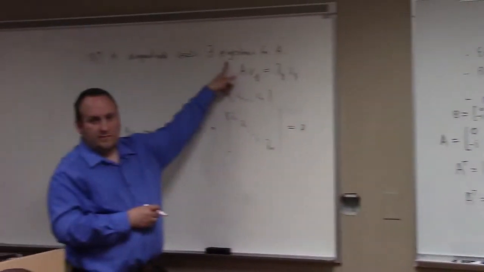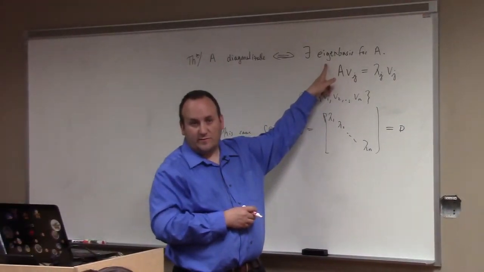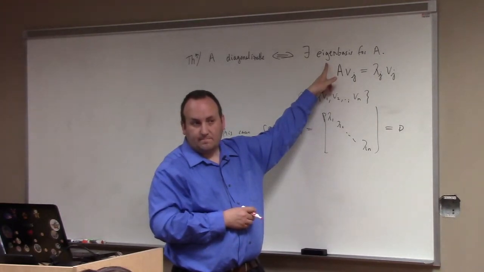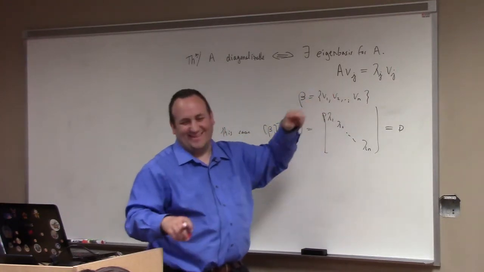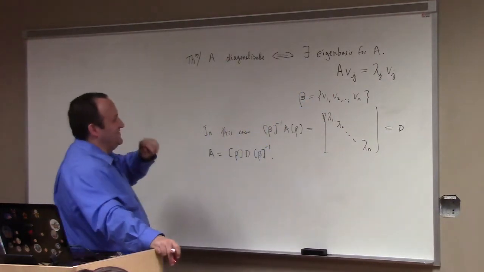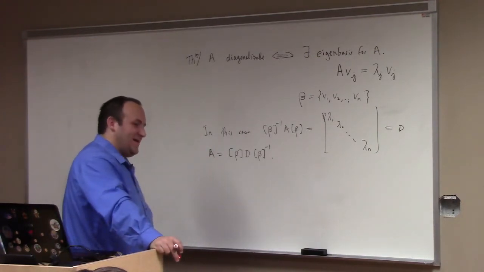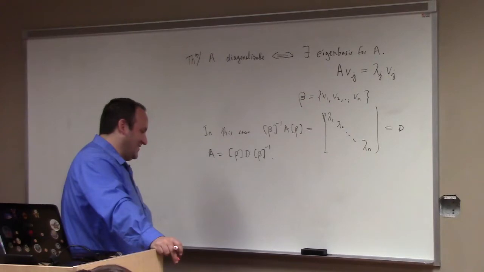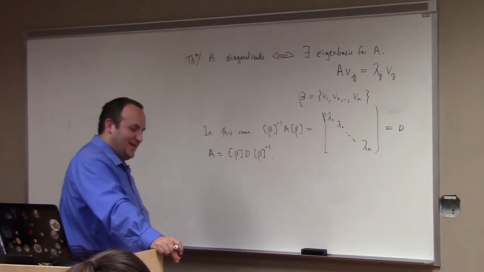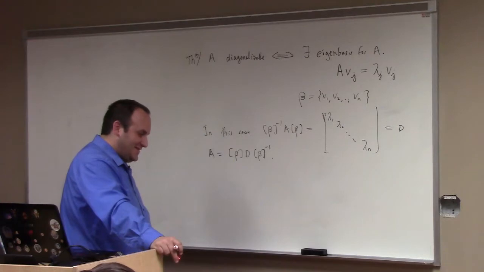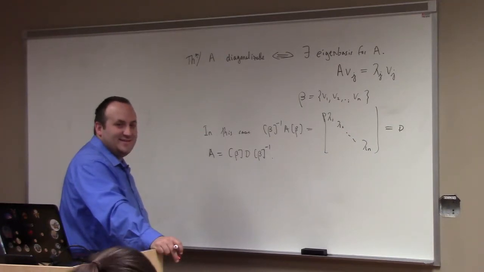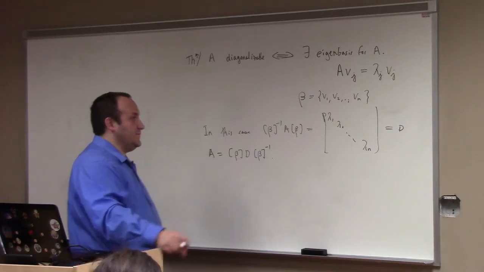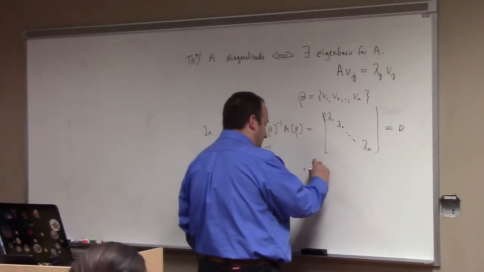Can you guys tell me a simple condition on a real matrix which will force there to be an eigenbasis? What's that? Diagonal. It's like the matrix is diagonal. That's a very good math major answer to that question. Not what I was looking for, but yes, if it's diagonal, it has an eigenbasis. Can anyone think of other criteria other than already being diagonal? Yeah, distinct eigenvalues. That's pretty good. I like that a lot.